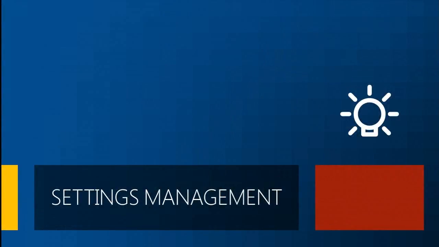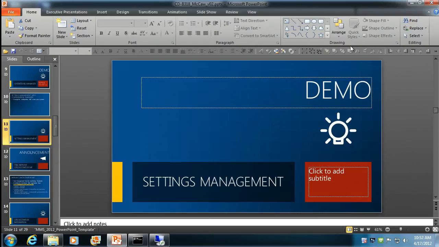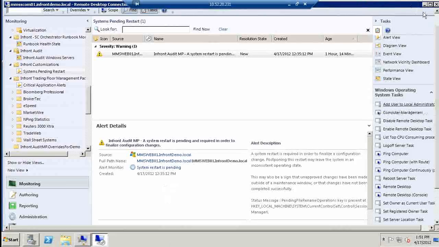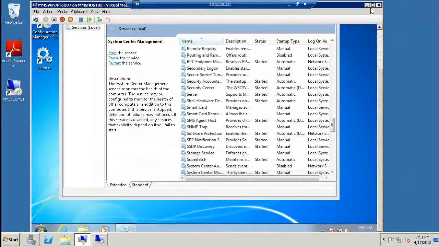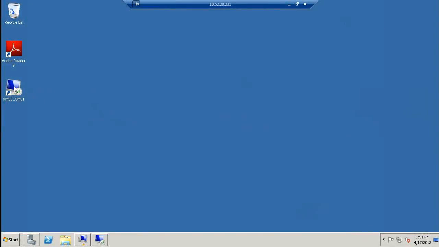So in the next demo, we'll take a look at settings management, and this will leverage our SCCM technology, in this case SCCM 2012. So if I minimize my display and I connect into,